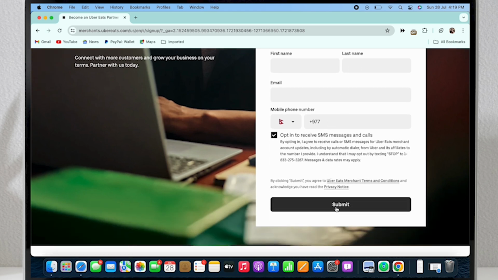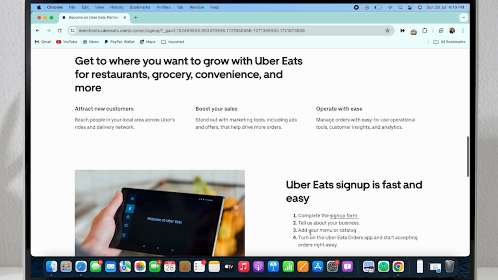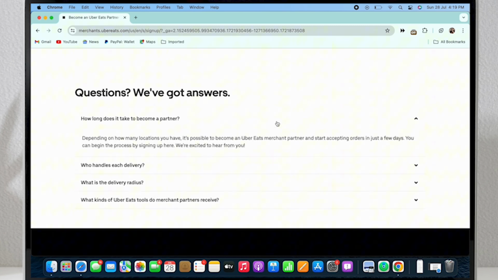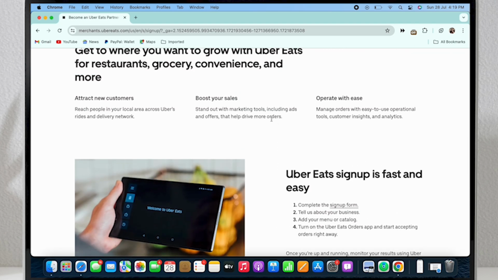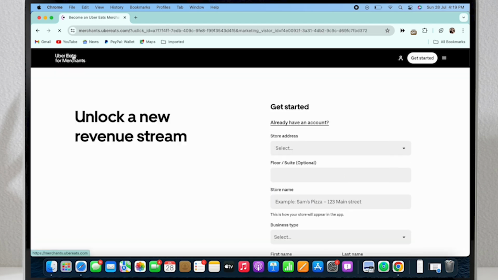In the next step, you need to upload your menu. The menu must have all the required information such as the type of food, food description, hygiene information, price, and other details. Use high-resolution photos for each menu so users can easily understand the type of food you offer. Once you have uploaded your menu, you will be redirected to the dashboard, which you can personalize according to your